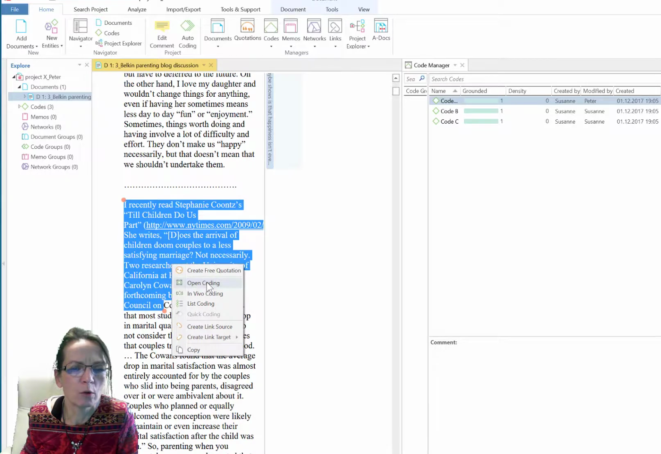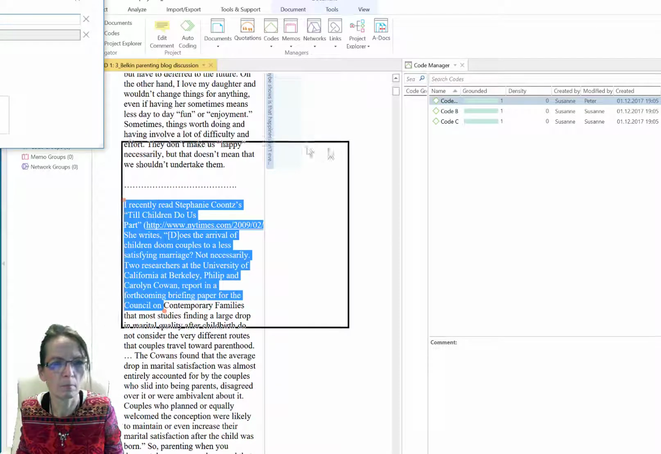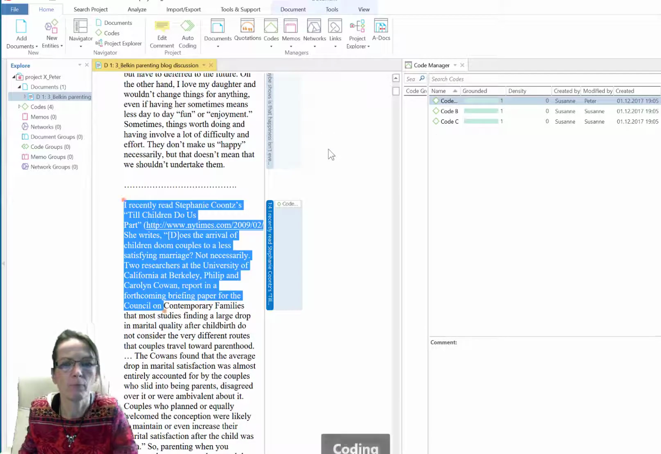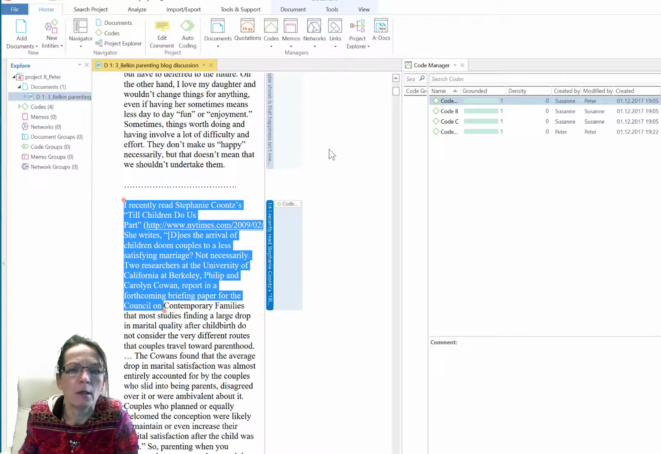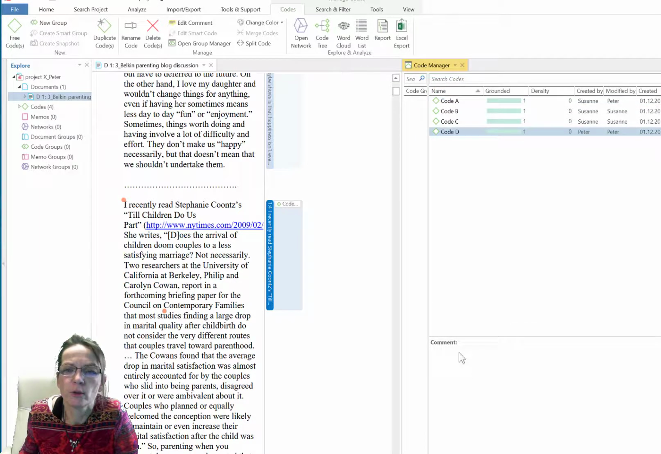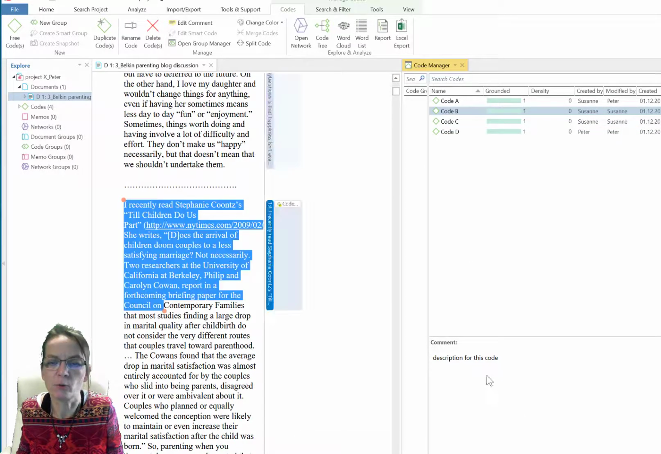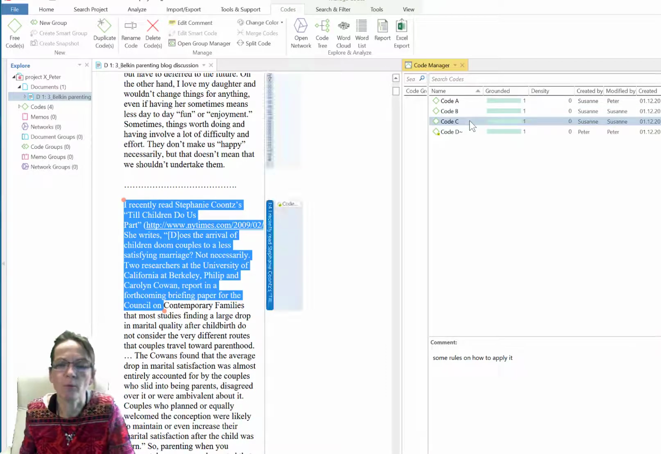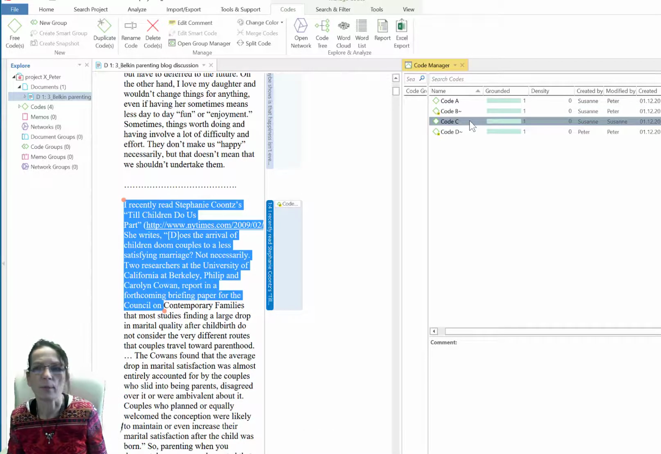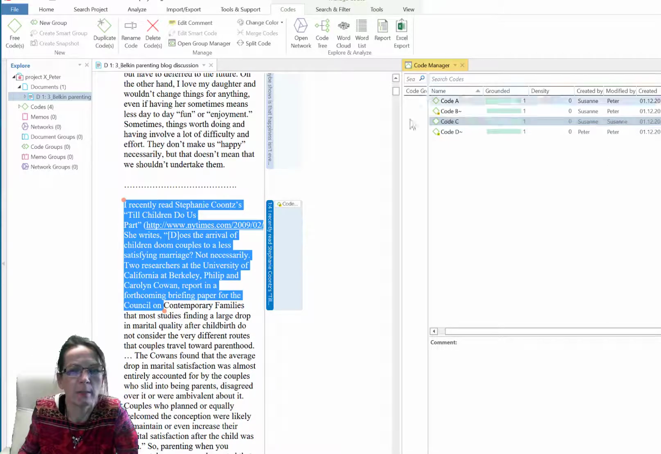Peter also adds a new code, and actually writes the description. Maybe also for an existing one, some rules on how to apply it. So we have a few modifications based on what we had before. Maybe we also apply one or two of the already existing codes. I just want to show you